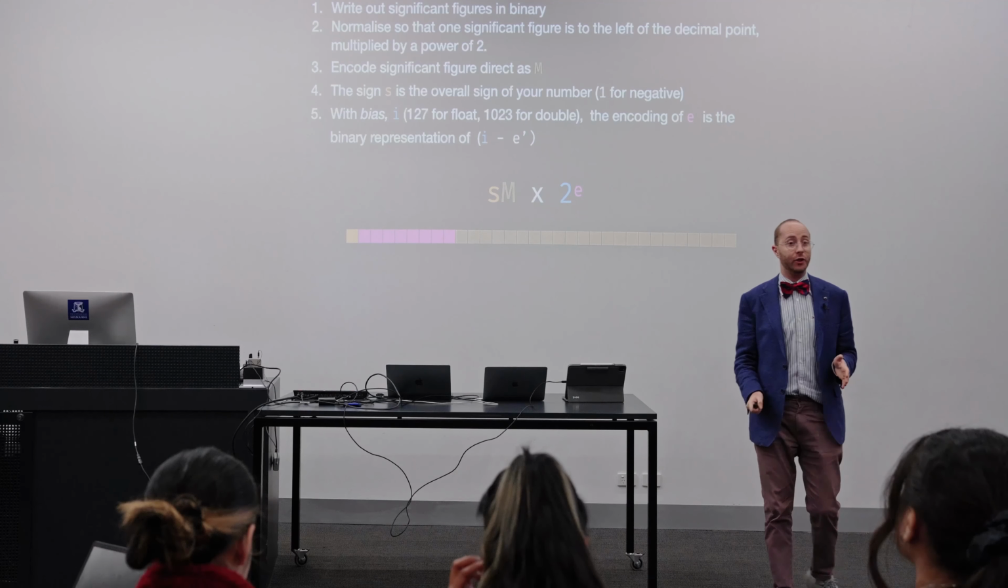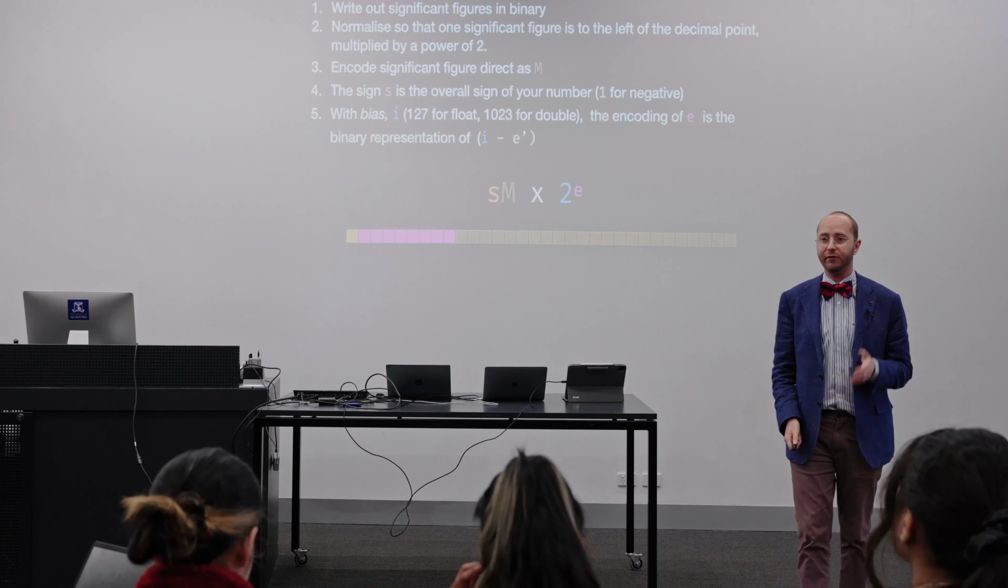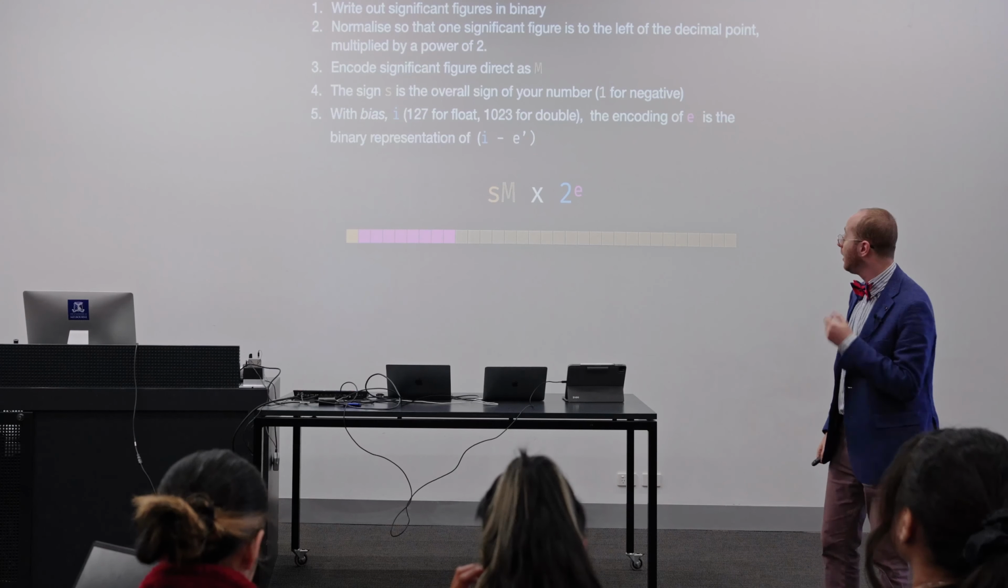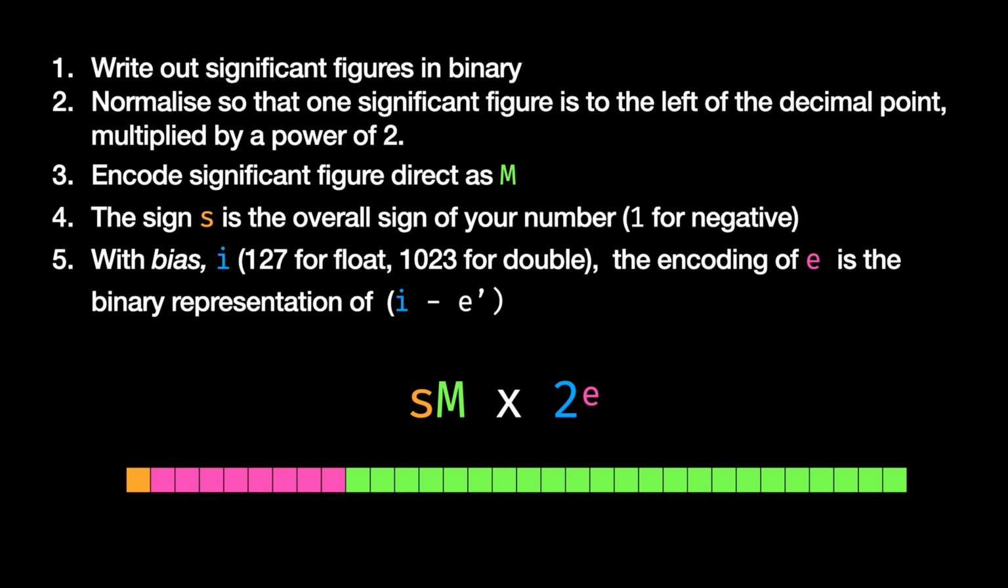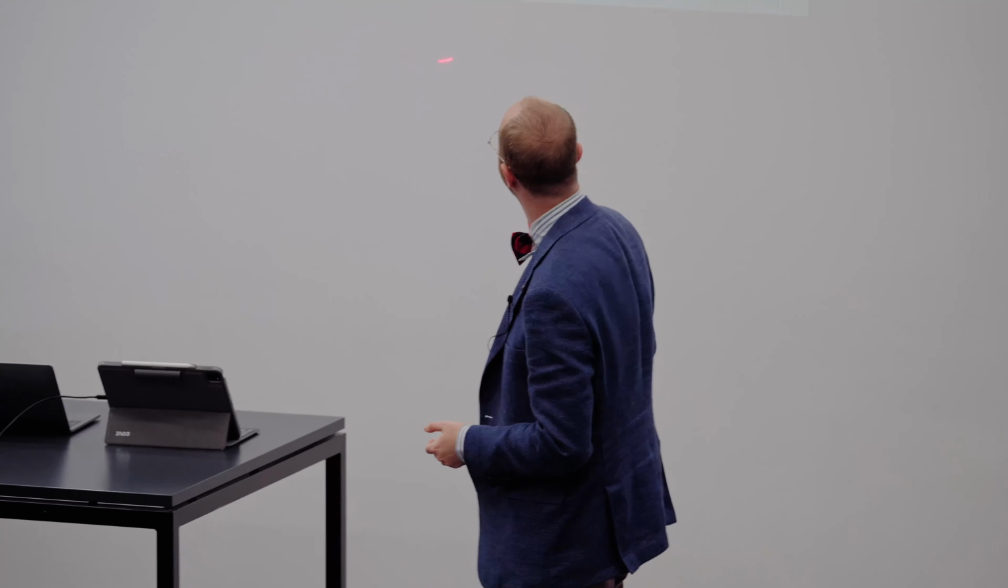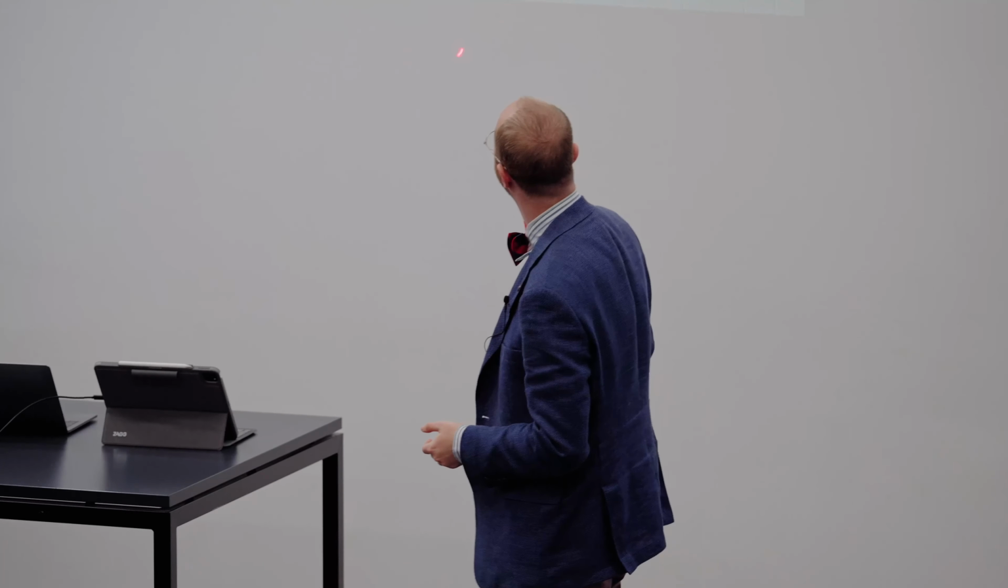So the first thing to do is to write out all the significant figures in binary. Then what we're going to do is make it just like in scientific notation, so there is one digit before the decimal point. Then we're going to encode the significant figures in the green bit, store the sign, and then we do something